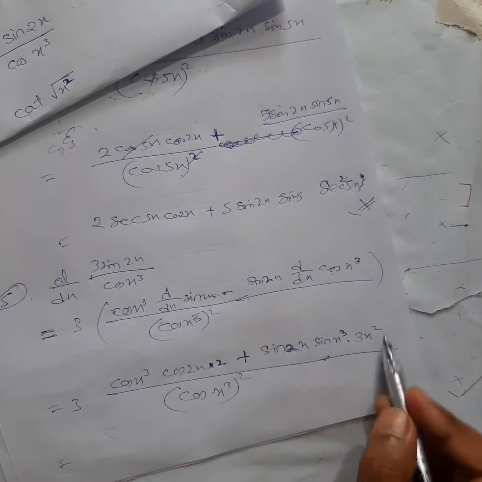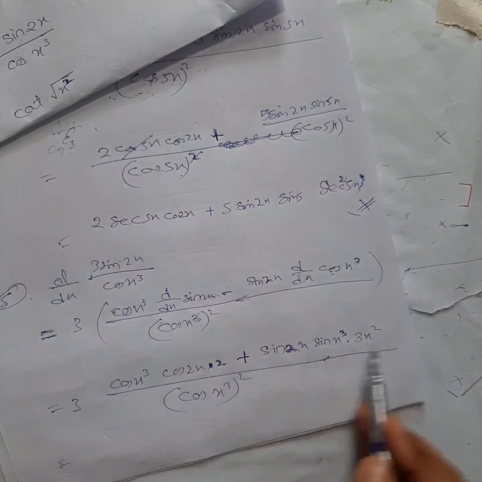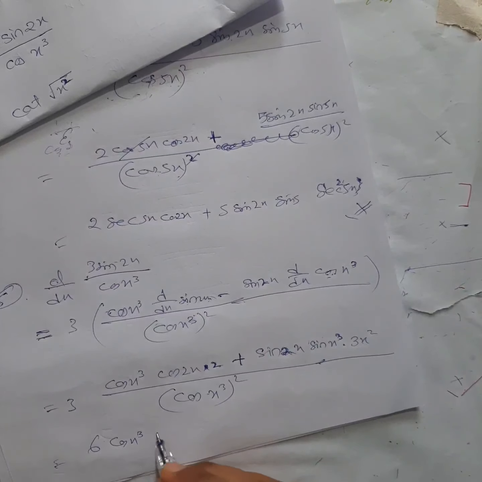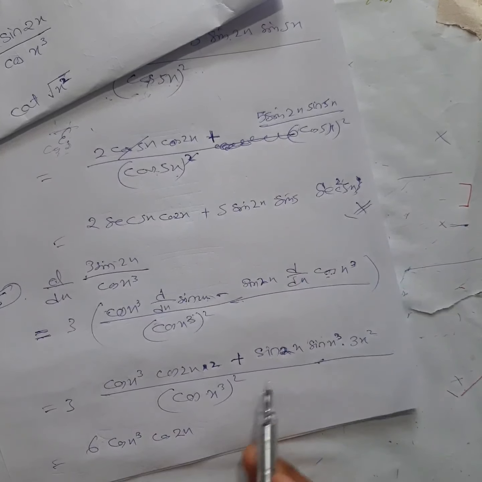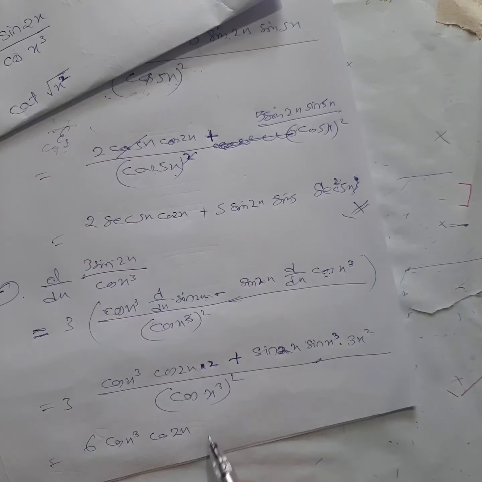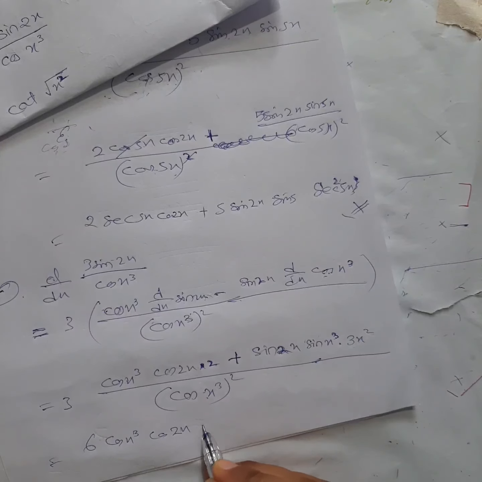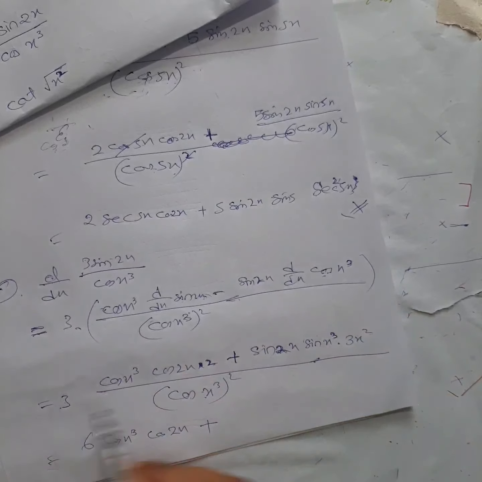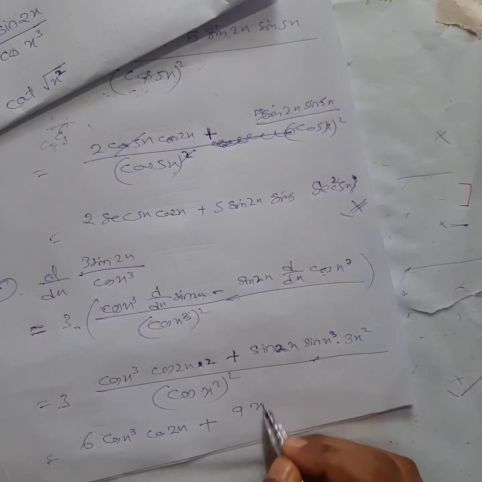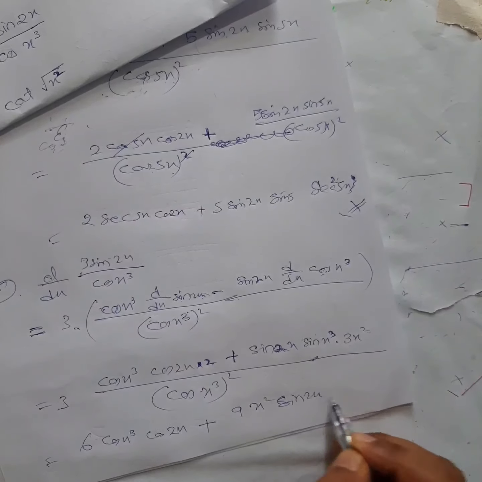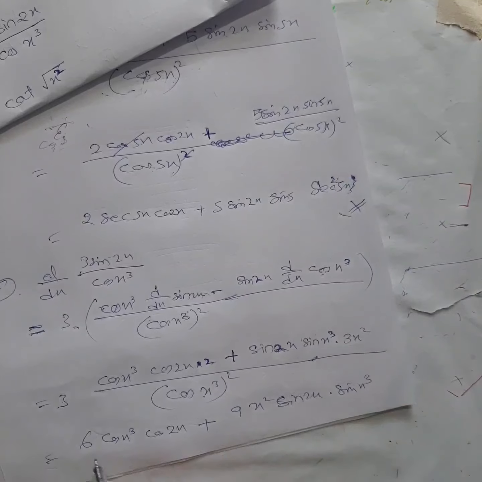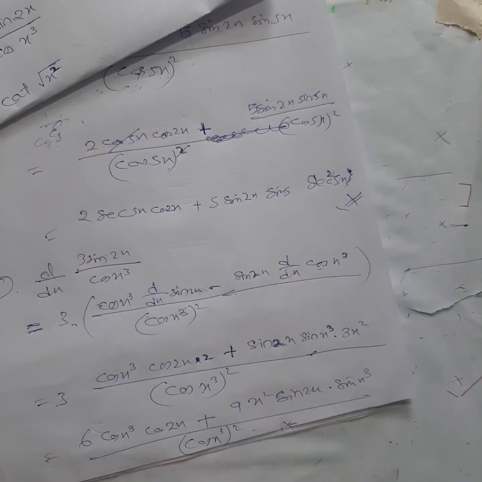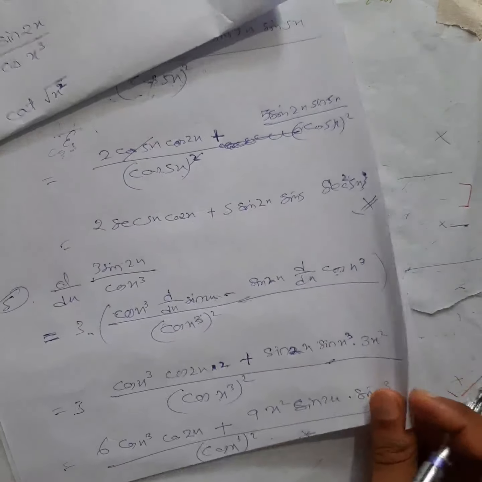So you just take this one outside and multiply this one with everything. You get 6 cos x cube cos 2x. Like the previous one, you can break this one and cancel. Plus, this and this I have multiplied. Now this and this, 3 is multiplied to everything, remember. So this will get multiplied here also: 9x square sin 2x dot sin x cube by cos x cube square. So you can break this one or leave it like this also. So this will be our answer.